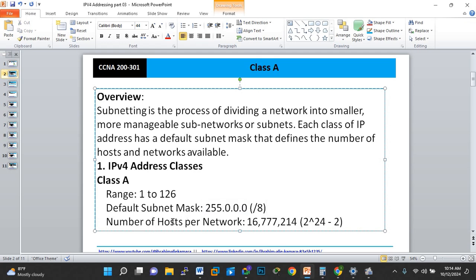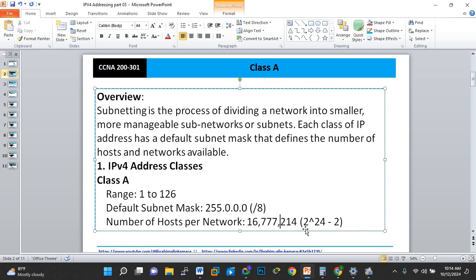So now, number of hosts per network. If you are implementing class A, you want to do class A subnetting, take note that within a network, this is the amount of IP addresses you get. For any network in class A, you have